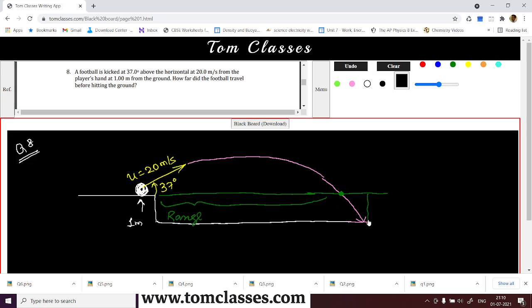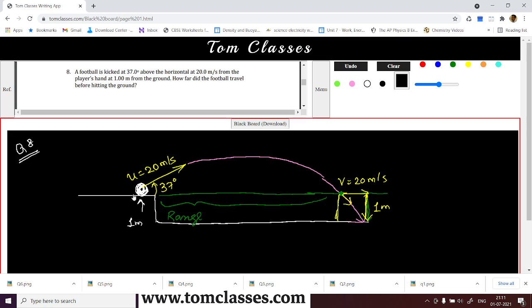Okay, and after that we know the results now, right? We can use those results. So this is, you can say, 1 meter, and the velocity will be the same, right? Because the potential energy at this level is the same, whatever the kinetic energy is here, it will have the same. So you can say here the velocity is 20 meter per second. Okay, it is going to be like this.